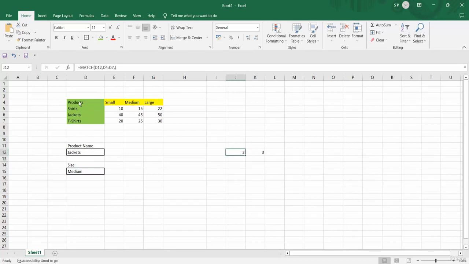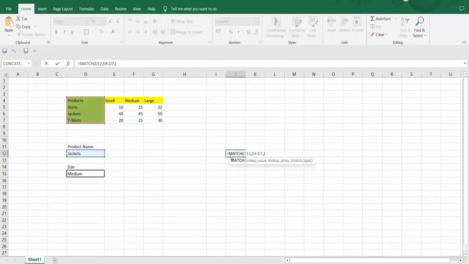This 3 is for the jackets, that is 1, 2, 3, and this 3 is for the column, that is 1, 2, 3, medium size. Okay, so jacket and medium size, right? Now let's just copy this formula